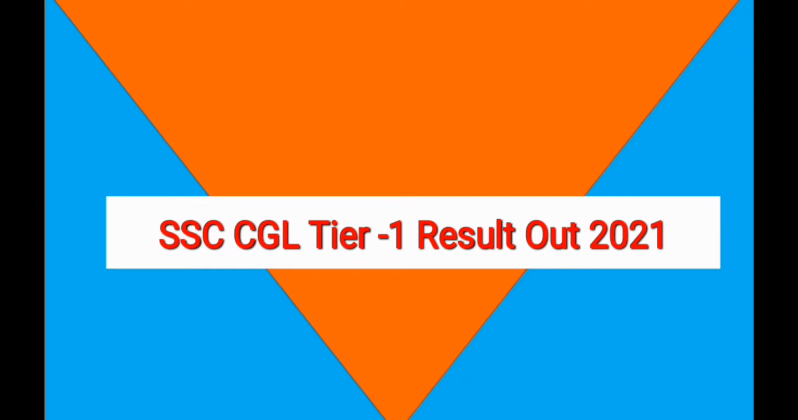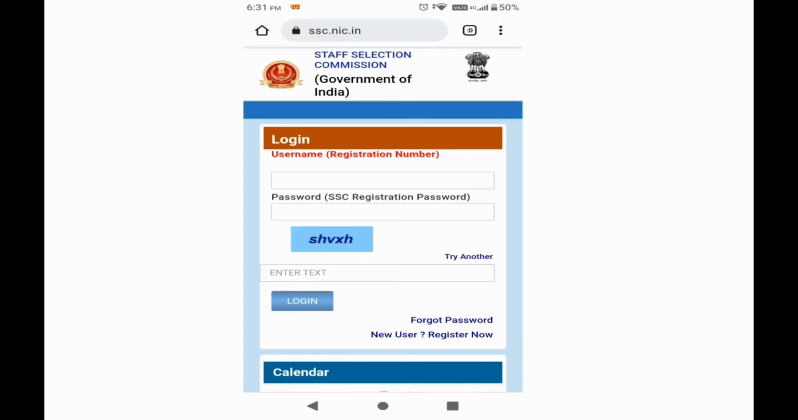SSC CGL Tier 1 result out 2021. In this video, I am going to show you how to check the result of SSC CGL Tier 1. Let's start. First of all, you have to visit the official website of Staff Selection Commission